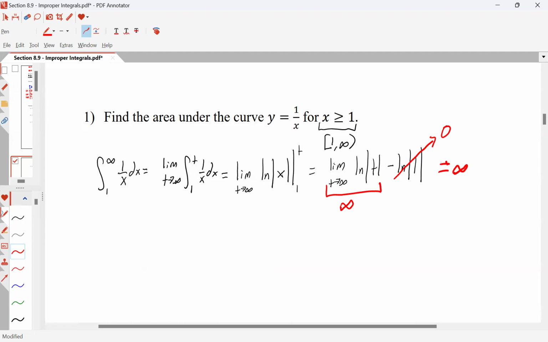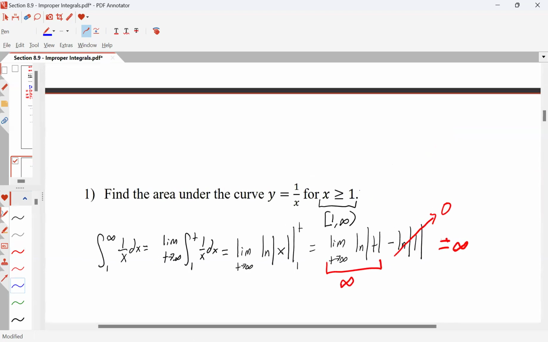Saying that the area under that curve is infinite is something we can say, but we actually introduce new vocabulary here, where instead of saying the area is infinite or the integral equals infinity, we're going to use the words converges or diverges. So introducing this vocabulary here. If the integral